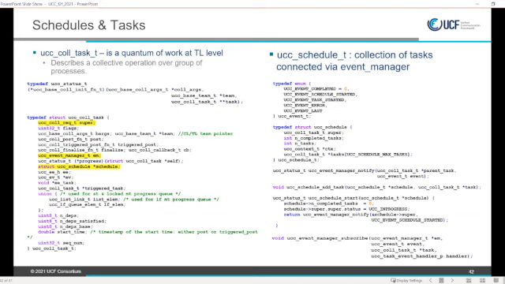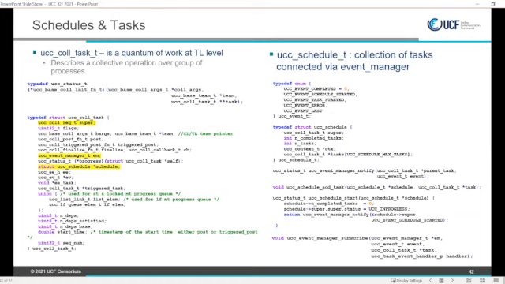Another part of the task is what is called the event manager. This is a simple entity that allows delivering events between tasks. To the right, you can see there is an event manager subscribe call that allows one task to subscribe and start listening to the events of another task.